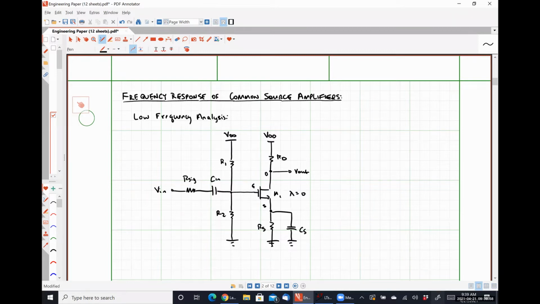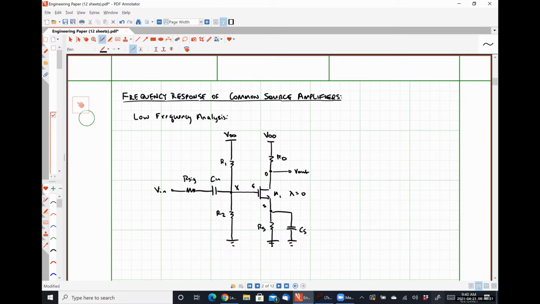Here's our resistor R2. And I'm going to call this right here node X. So this is a common source amplifier, but we have also included source degeneration because we know that